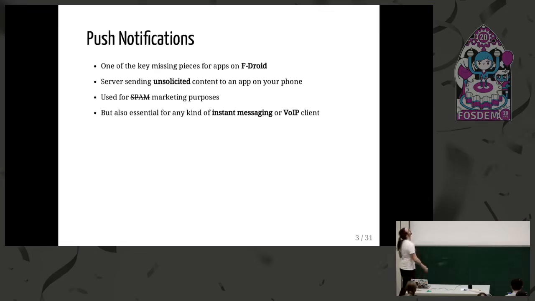So push notifications. They turn out to be one of the key missing pieces for free Android apps that want to be published on F-Droid. Because currently, if you Google how to do push notifications on Android, you get that, use this Google service. Get into that later. So push notifications are when a server, a web app, web service sends